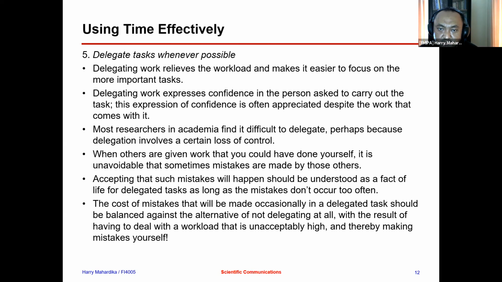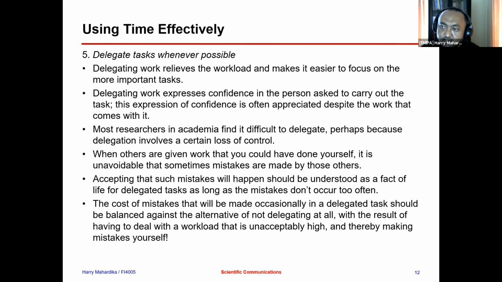This expression of confidence is often appreciated despite the work that comes with it. Many researchers in academia find it difficult to delegate, perhaps because delegation involves a certain loss of control. When others are given work that you could have done yourself, it is unavoidable that sometimes mistakes are made by those others. So please remember, whenever you delegate some part of your work to someone else,